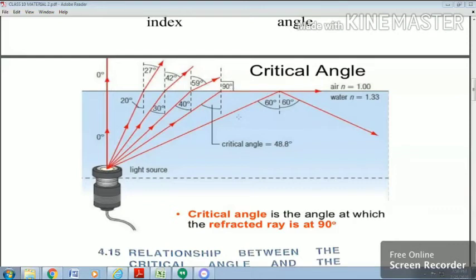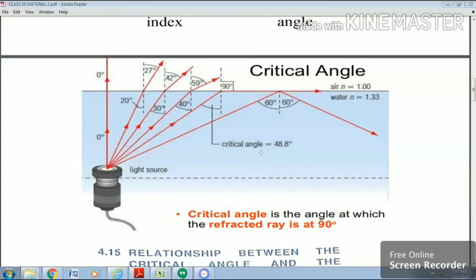Here just make this correction: the critical angle written over there as 48 will be 42 degree. There is a diagram error. So the angle of refraction reaches 90 degree, and this angle of incidence is called the critical angle, denoted as C. The angle I here is denoted as C, and this C is called the critical angle.